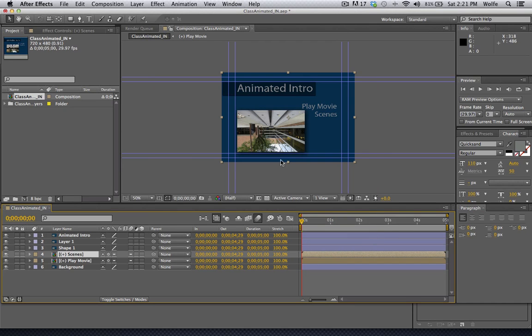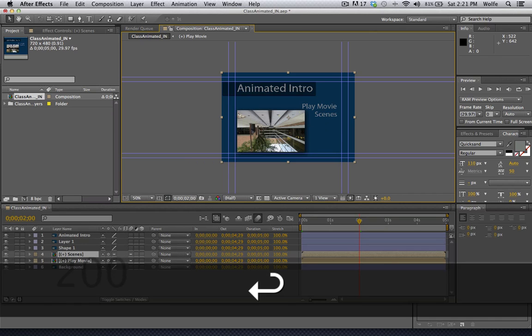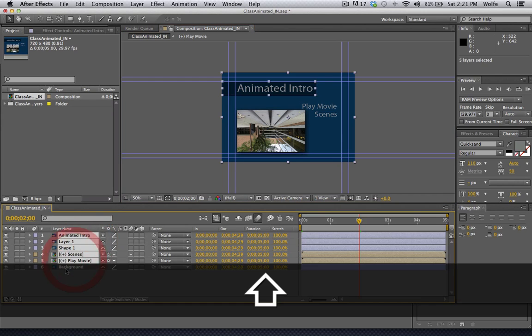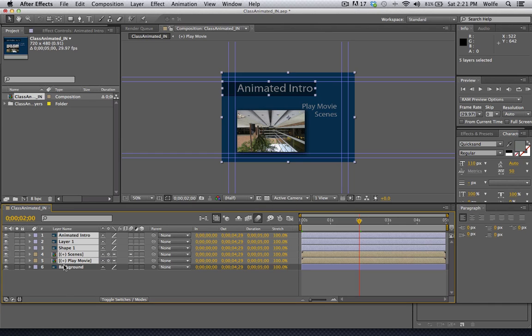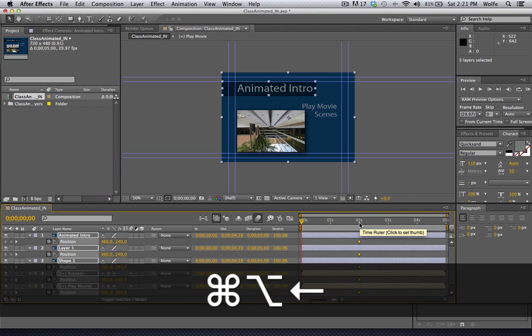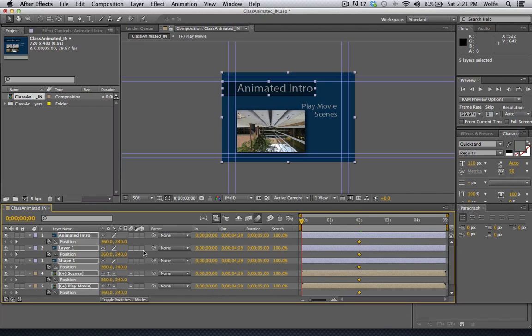Now the important thing is that we want this to look exactly how it's set up in the menu when we animate this in. So the first thing we need to do is let's come over to around 2 seconds. If I type in 200 in my time counter here, my CTI, and we're going to highlight all of these layers except the background because the background isn't going to animate. We're going to press P, and then we're going to hit a keyframe. That way we know where they ended up. Now if I press Command-Alt left arrow, that takes us back to the beginning,